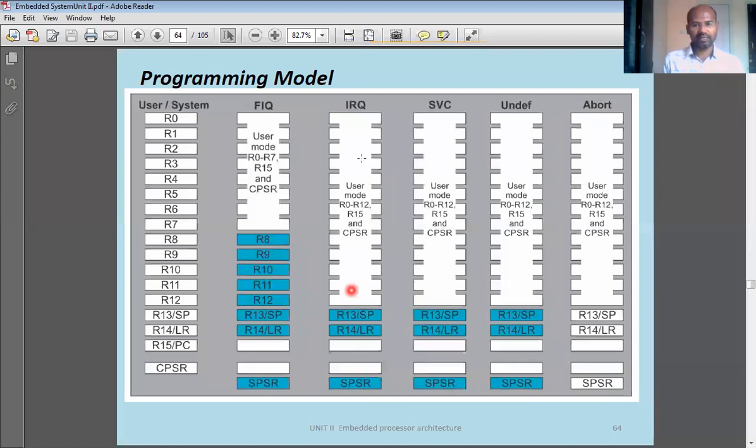In the same way, in IRQ, when the processor is in IRQ, we have these separate registers: R13, which acts as stack pointer, R14, which acts as link register, and also the SPSR register. This SPSR register is completely different. All the names are the same. If you want, you can add a suffix, like SPSR underscore IRQ, SPSR underscore SVC. The suffix name would be the